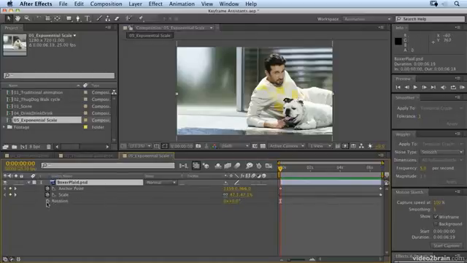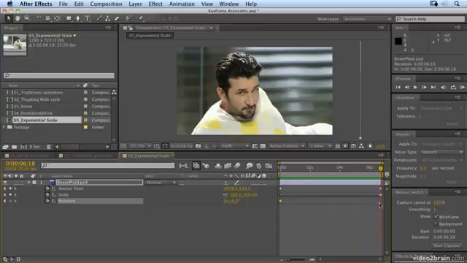And I could set a keyframe at the beginning. And I do that by clicking on the stopwatch. That will add my first keyframe. And then if I want to add an identical keyframe at the end, I actually click on this button to add or remove a keyframe at the current time. Okay, once I've got the two keyframes, if I select them both by clicking on the word rotation,